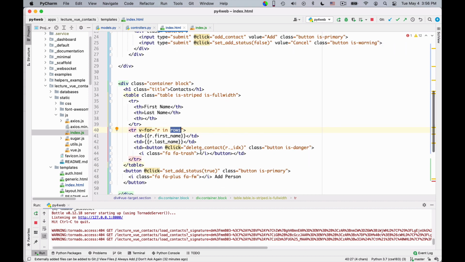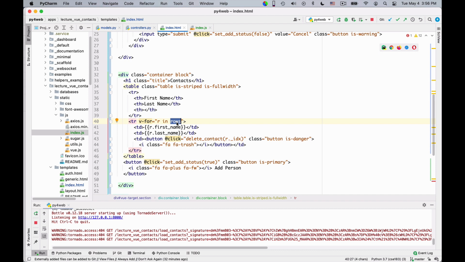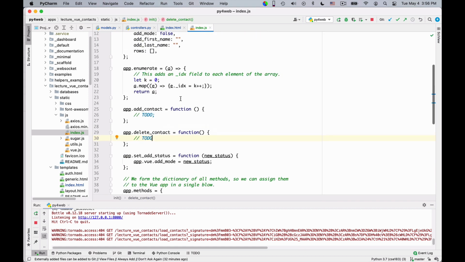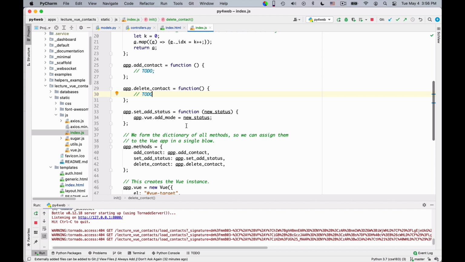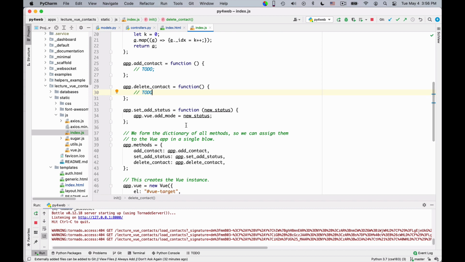Okay, and before I do anything else, before in particular I write the code for adding a contact, let me write the code that fills in these rows based on the content of the database. So the problem is that so far this index.js initializes a bunch of stuff to empty, etc., but it does not fetch any data, and we need it to be able to fetch the data from the database. So I need to do two things to start.